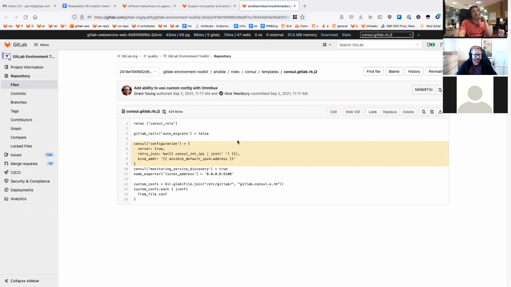It's okay. Yeah, I mean, another option is that in the extra file, instead of setting GitLab configuration, or sorry, instead of setting console configuration, we could set console configuration and then the specific item, right? And then that will make it so that it doesn't overwrite the entire configuration block. I guess that's an option. We'll have to figure out how to do that, but I would say it's tricky, right? Because I want to keep this stuff, this retry join and the bind address, but I want to add